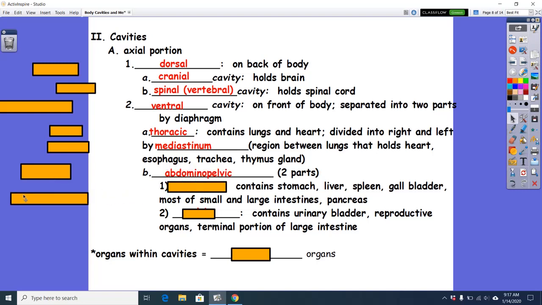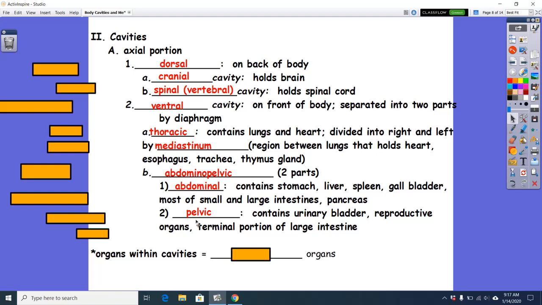The abdominopelvic cavity can be split up into two parts. It can be split into the abdominal and pelvic cavity depending on what organs are found within it. If it is stomach, liver, spleen, gallbladder, intestines, pancreas, kidneys, then it will be the abdominal cavity. If it is the pelvic cavity, it's mostly anything urinary related or reproductive, and even just the tail end of